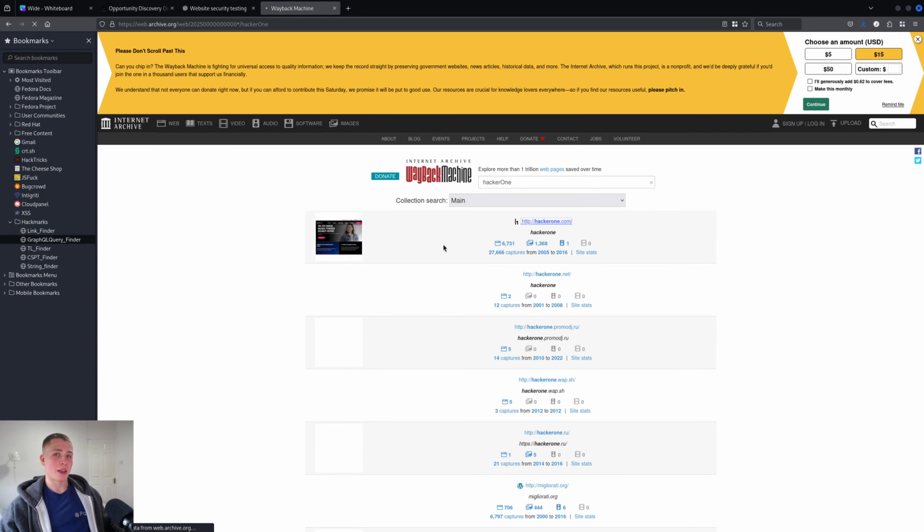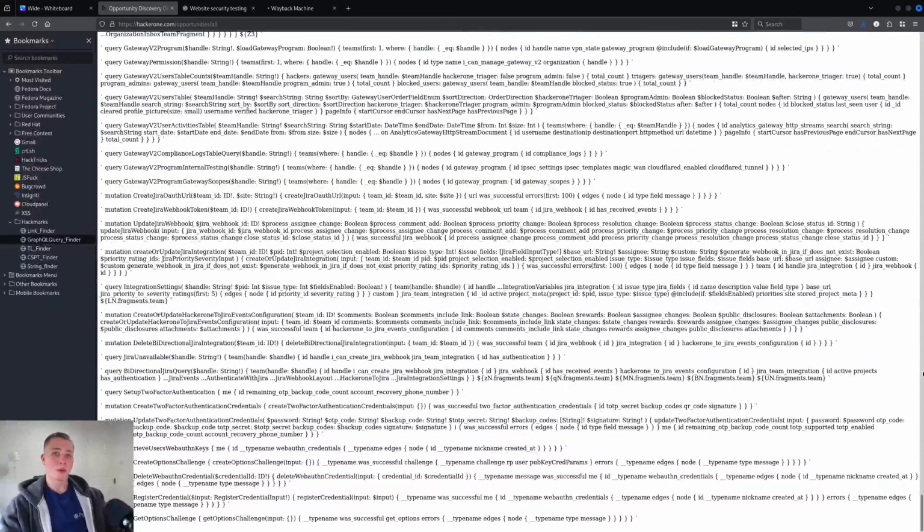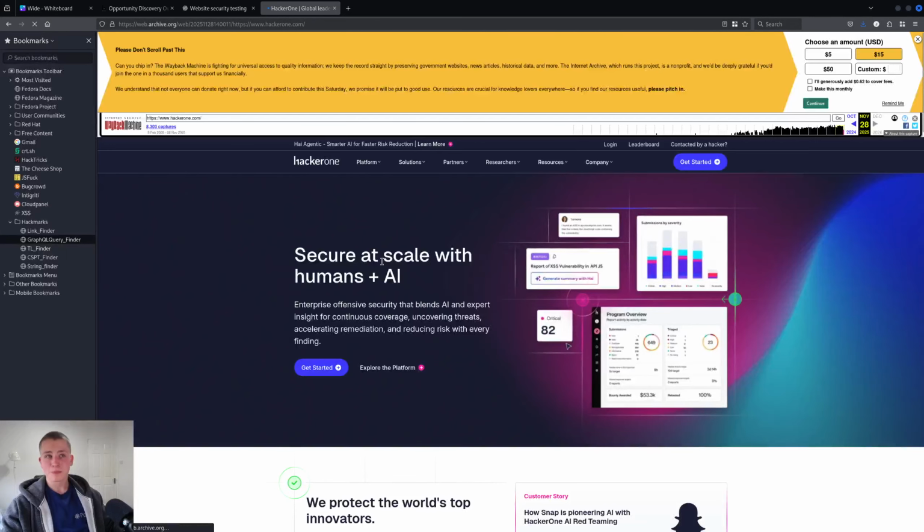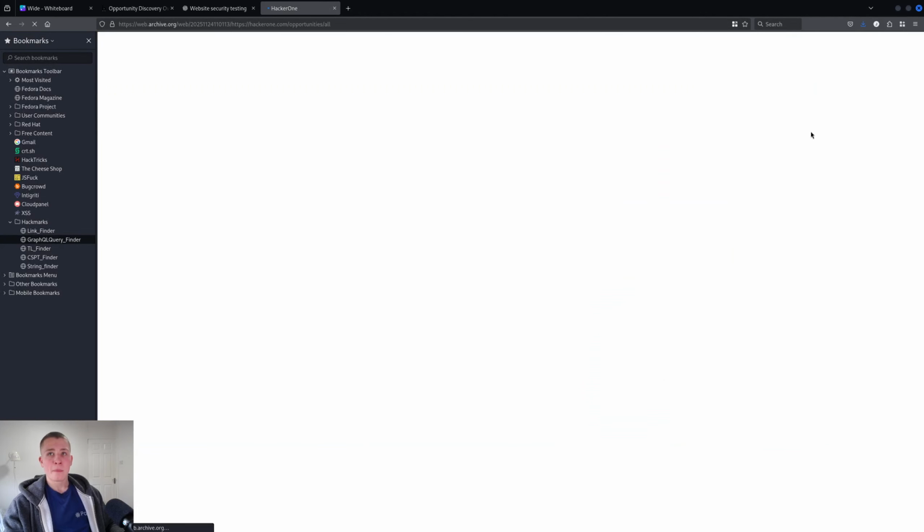Or we can do something even better, which is to find the differences between the new API endpoints and the old API endpoints. Once again, we can probably use AI for that because it's a time-consuming task, but it's something you can use. Let's just load it up. You can go to researchers, landing opportunities. Maybe we can go back in time to like 2023. This might not load up though